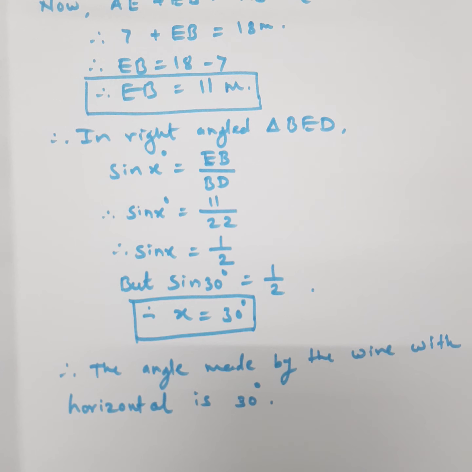In this way, we have solved only 2 examples in this lecture. Next examples we will solve in the next lecture. Here, from practice set 6.2, we have solved the 4th example. Now, in homework, solve the 3rd example from practice set 6.2. Practice other solved examples also. In the next lecture, we will solve again the remaining examples from 6.2 and other examples of application of trigonometry. Thank you.